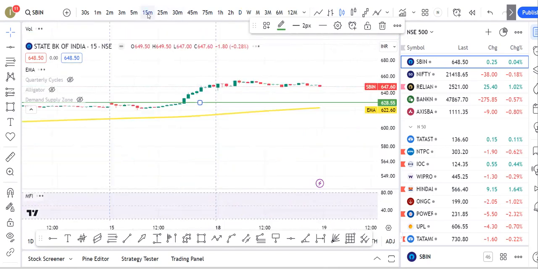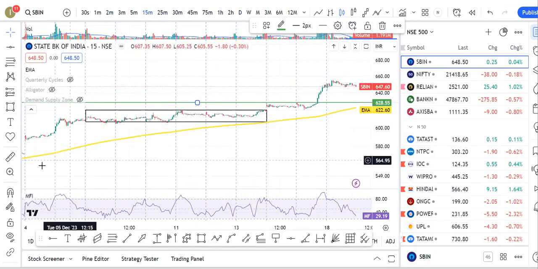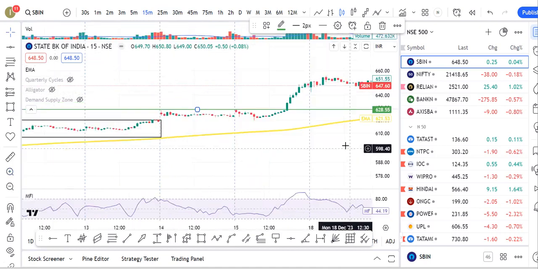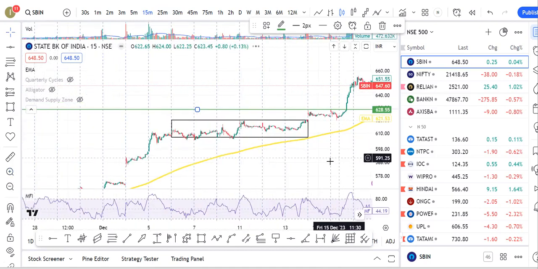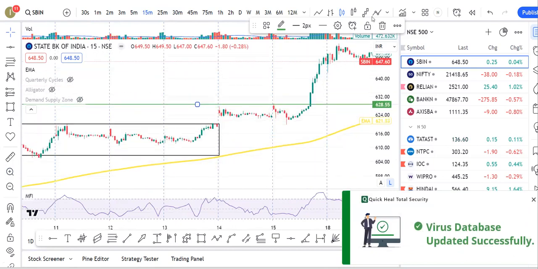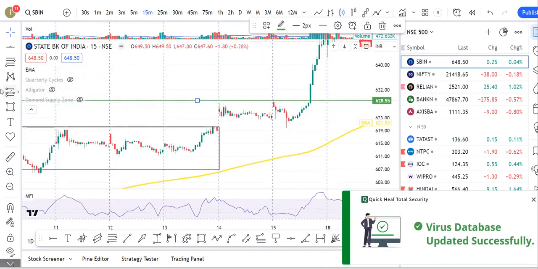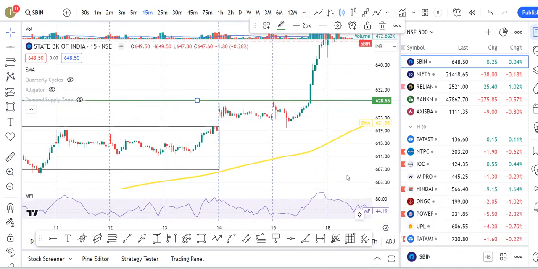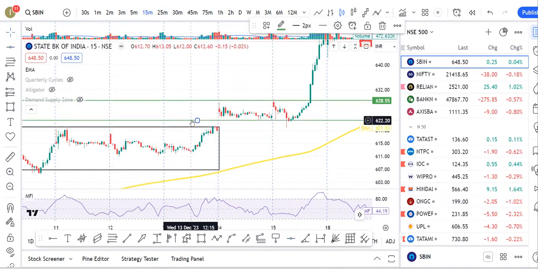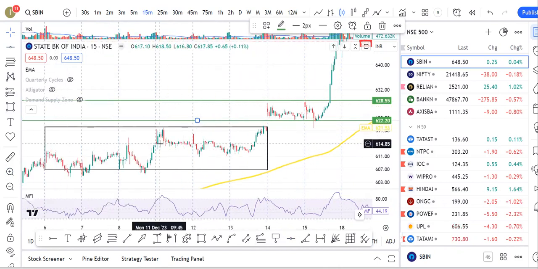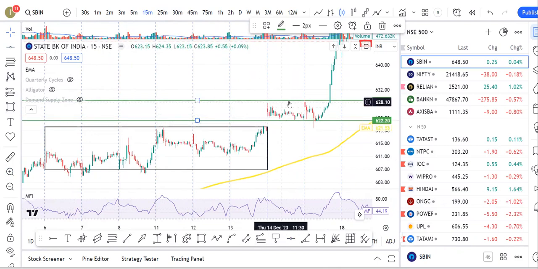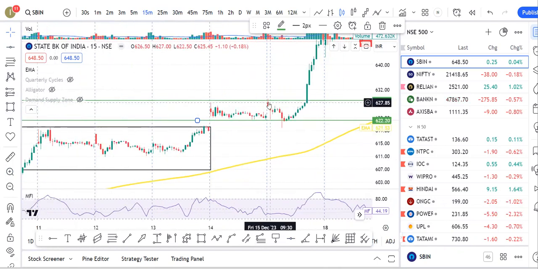Let me go to the 15 minutes time frame and zoom in. You can see liquidity sweep. Liquidity sweep here. Price sweeping, stop loss hunting, a range had been created and stopped. And here the range broke away and the market stayed in a range and the next day